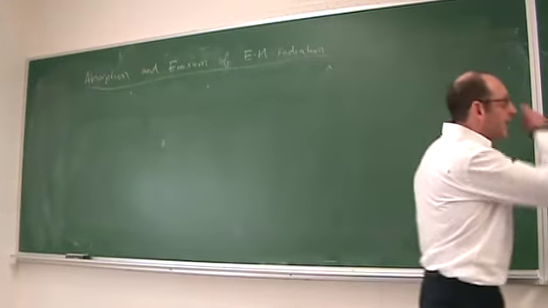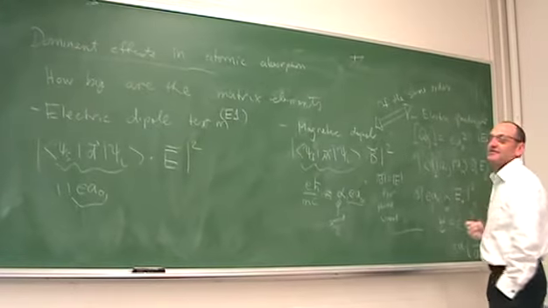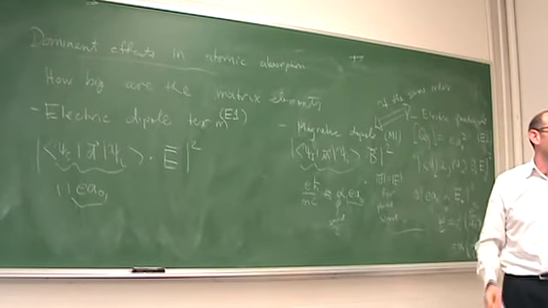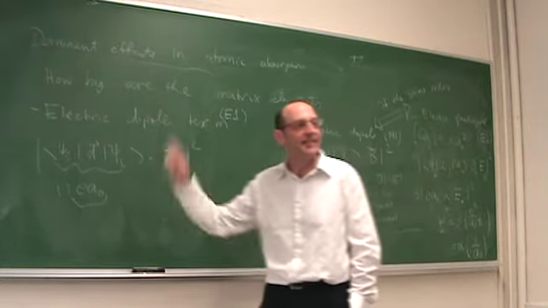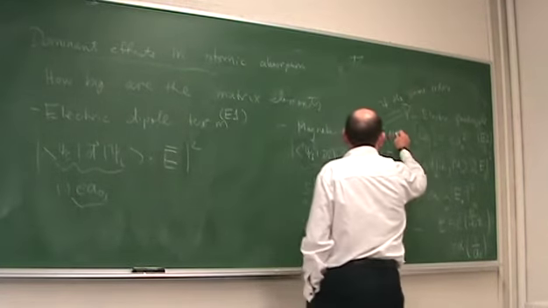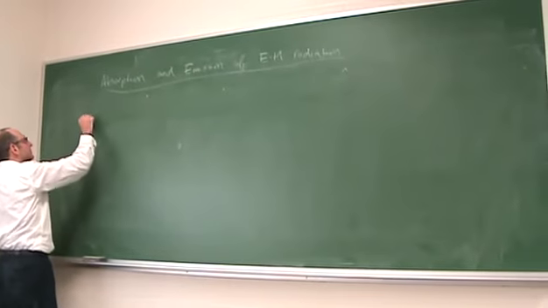I should say there's a little other jargon here. One talks about these transitions as electric dipole is E1, electric quadrupole is E2. Magnetic dipole is M1. So one has this jargon here. One talks about this is an E1 allowed, this is an E2 allowed, this is an M1 allowed. Okay. However, the Wigner-Eckart theorem